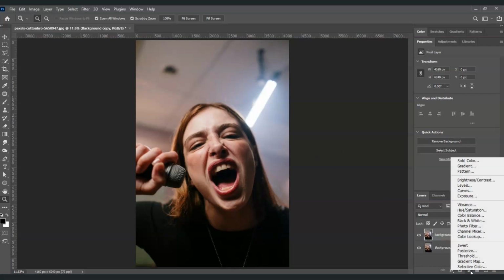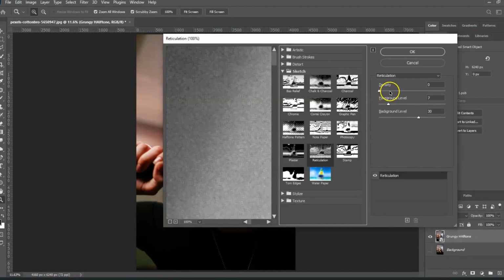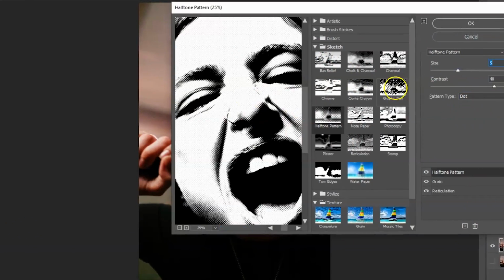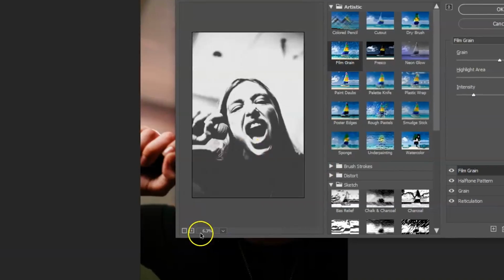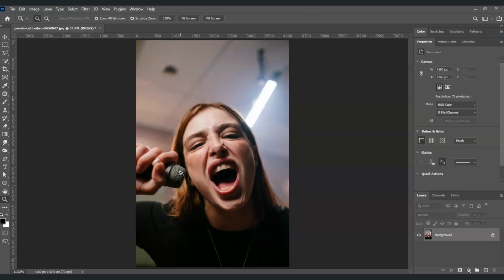Hello there guys! For today's video, I'm going to show you how to create a grungy halftone effect in Photoshop. And also we will dive deeper into adding layers like a contrast and brightness, converting layers into smart object, applying filters like reticulation, grain, halftone pattern, film grain, and adding curve layer. So let's get started. So here in our document, I prepared an image where we're going to apply the